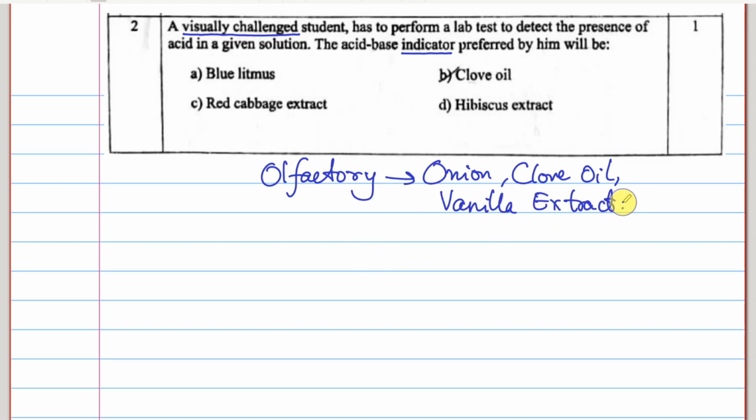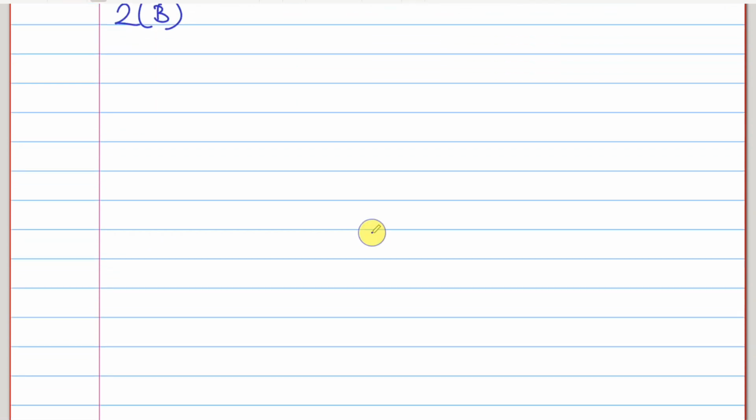So out of these three choices, we'll have to choose the option given to us. Blue litmus, it changes color, so we cannot use this. Red cabbage extract changes color, hibiscus extract changes color. So the only olfactory indicator given to us is clove oil. So option B is the right answer. So question 2, option B is the right answer. Next,